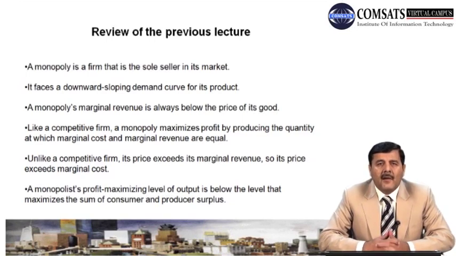marginal cost. So as we have said, in case of perfect competition, the profit of the firm is maximum at the point where marginal revenue is equal to marginal cost. Similarly, in case of monopoly, a monopolistic firm can also maximize the profit at the point where MR is equal to MC, or you can say